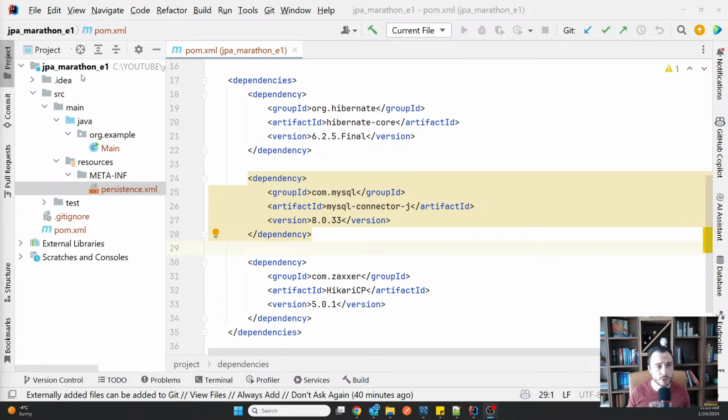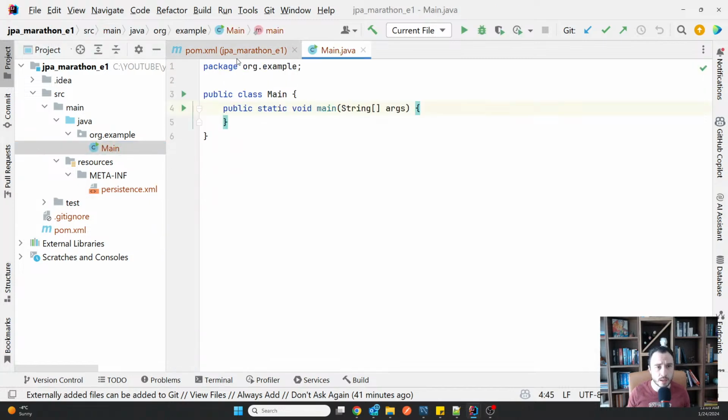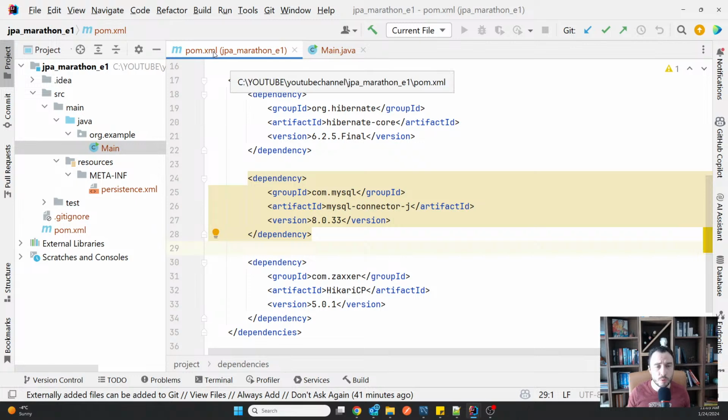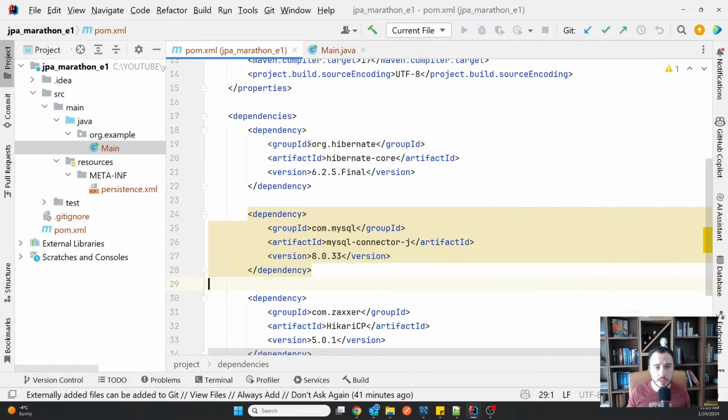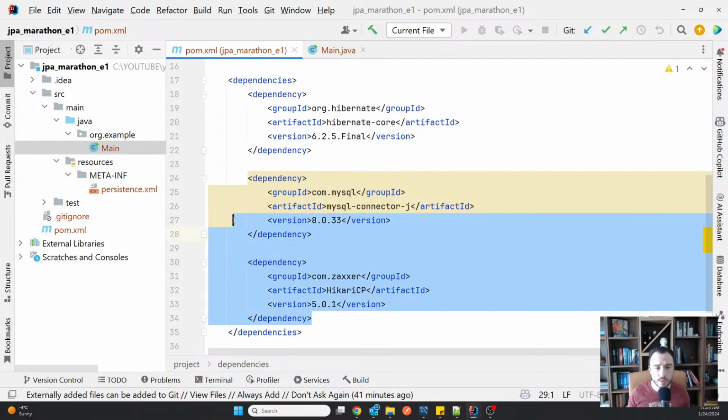In this project that I have started here, I have just added a plain main class and a POM XML file, and you can see that I only include 3 dependencies.